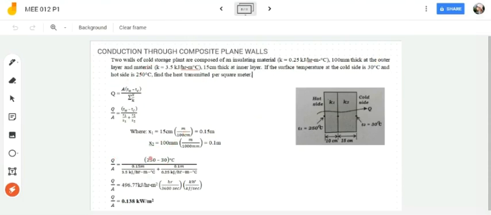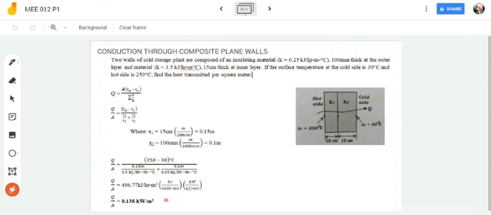Your X sub 1 is 0.15 meter, and for the 0.15 meter thick wall, your K is 3.5 kilojoule per hour meter degree Celsius. And then we have the 0.1 meter thick wall, which has a thermal conductivity of 0.25 kilojoule per hour meter degree Celsius. If we solve that, you will get the Q over A, which is